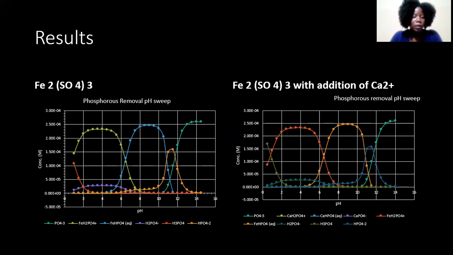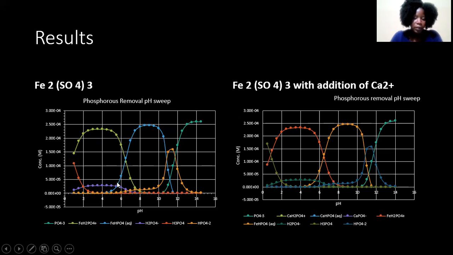The first scenario is here on the left, where I'm looking at iron sulfate removing phosphorus from wastewater. As we can see, there are 3 equilibrium points. The first one is at 6.5 pH and at 1.28 times 10 to the power -4 moles. This is the point that I chose to be the most appropriate,